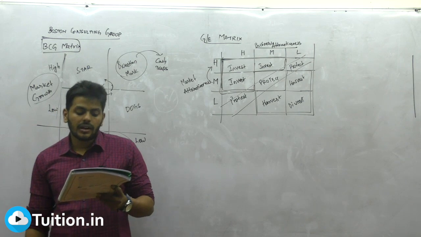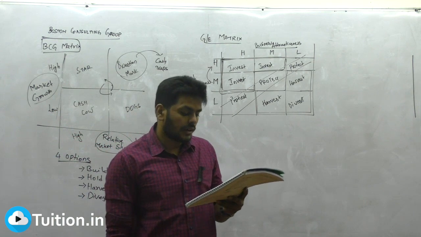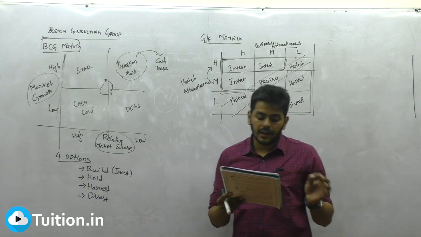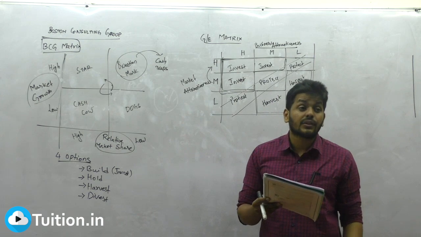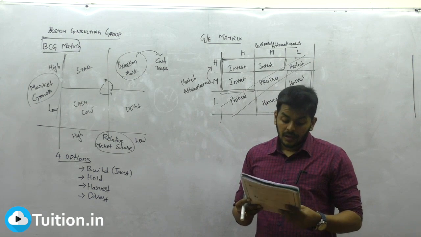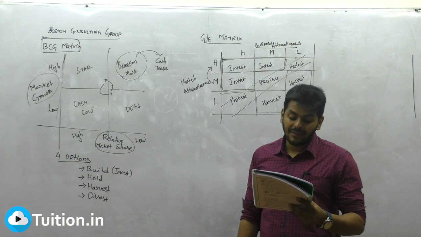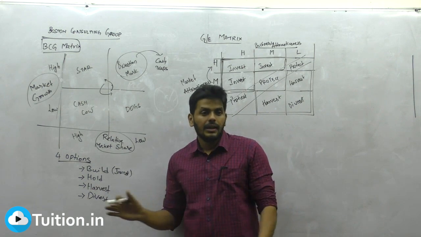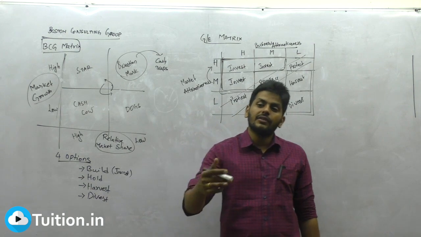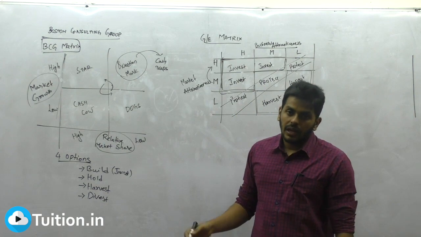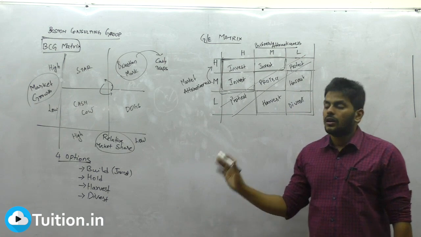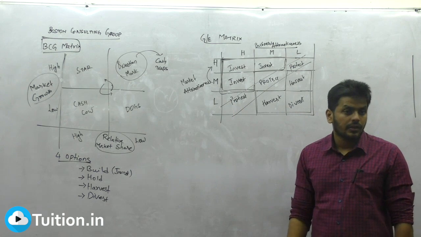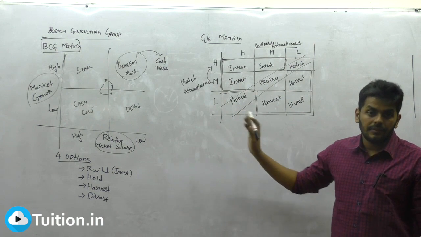Understood? Every organization has to make decisions about how to make its limited resources used most effectively. What is it called? Optimum utilization. That's where the planning models can help determine which SBU should be stimulated for growth, which one to be maintained as it is, and which one should be eliminated, which is divest. Where you should invest, where you should protect, where you should divest. Hey everybody, are you understanding what these matrices are teaching? Alright, that's exactly what it is. So understood the Boston Consulting Group matrix and GE matrix? Clear everybody? You understood the difference between that and this?